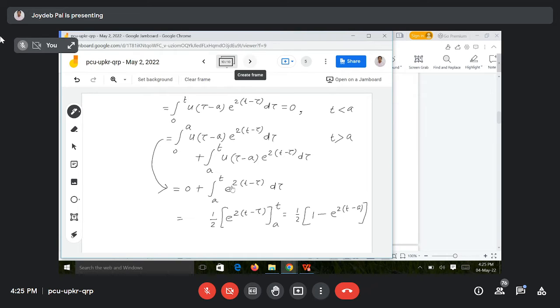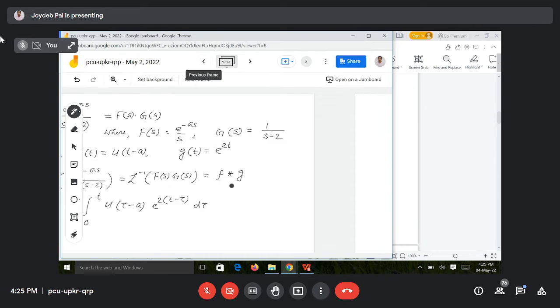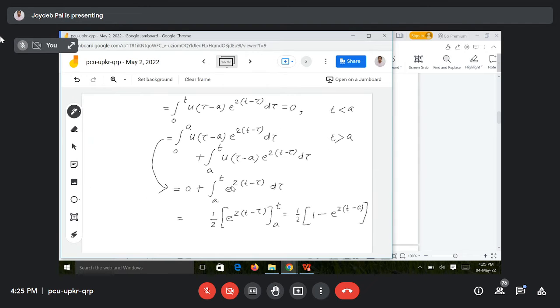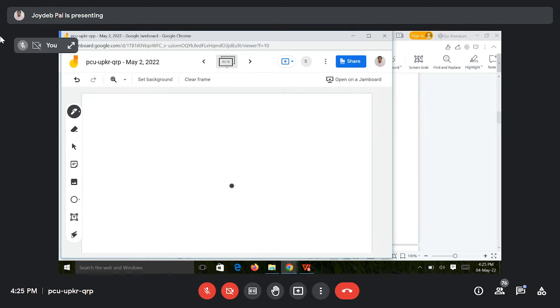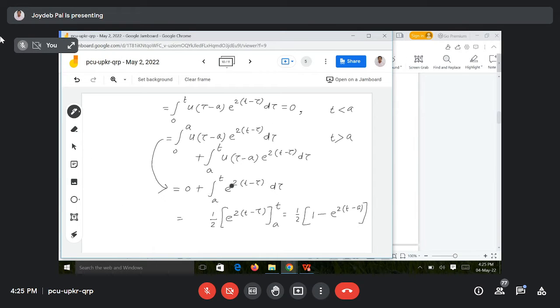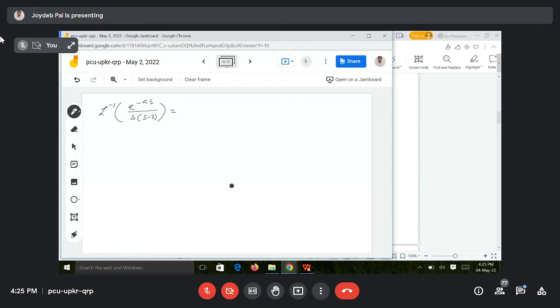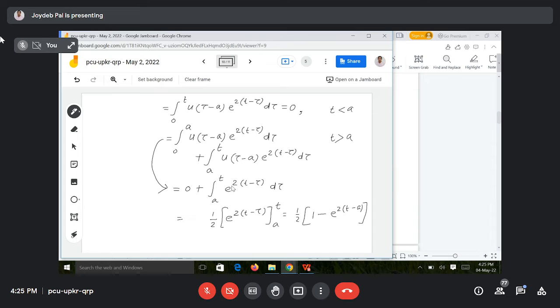So ultimately I am writing the summary. You can leave the answer here as the Laplace inverse of this, but we can write it in a more compact way. That is, Laplace inverse of e to the power minus as divided by s into (s minus 2) equals, what we got: for t less than a, 0, right? For t less than a, 0, and for t greater than a, 1 by 2 into